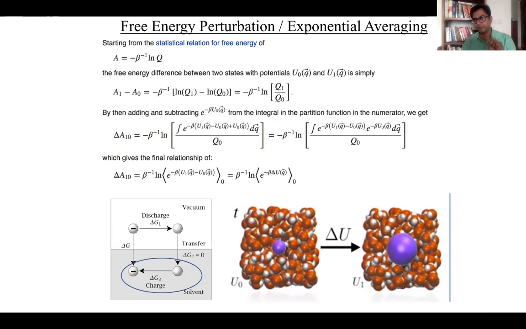So let me break it down for you in two parts. Because delta G is a state variable, what you do is you break it into three different parts, one after the other. So you discharge the system in vacuum, and that is very easy to calculate. It is easy because there are no entropic aspects coming into play in discharging, and it's just vacuum. There are no other configurations for the same change that you make. So it's a very straightforward calculation.